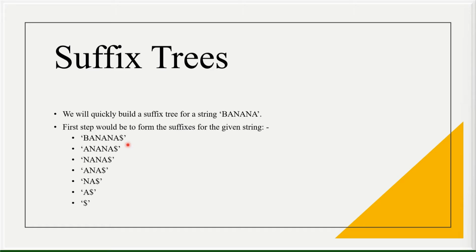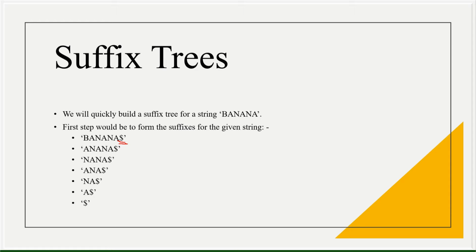Now, before going forward, you might be wondering what this dollar means. So this dollar is a delimiter. Basically, this character indicates to the program that the string has been completed, and therefore it should stop.